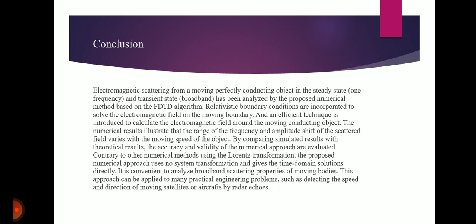Electromagnetic scattering from a moving perfectly conducting object in the steady state and transient state, that is broadband, has been analyzed by the proposed numerical method based on the FDTD theorem. Then by comparing the simulated results with the theoretical results, the accuracy and validity of the numerical approach are evaluated. It is convenient to analyze the broadband scattering properties of moving bodies. This approach can be applied to many practical engineering problems such as detecting the speed